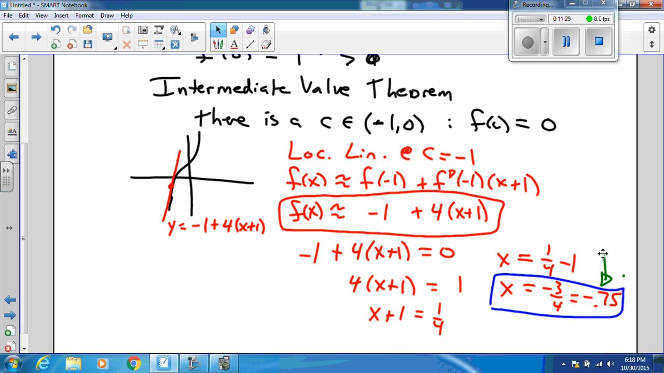So the local linearization then is a powerful tool both for estimating function